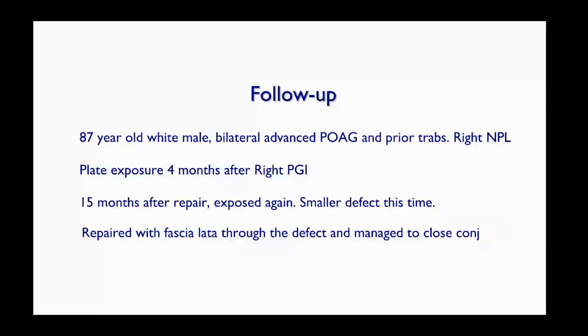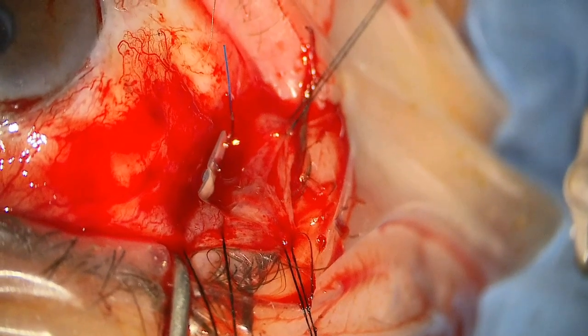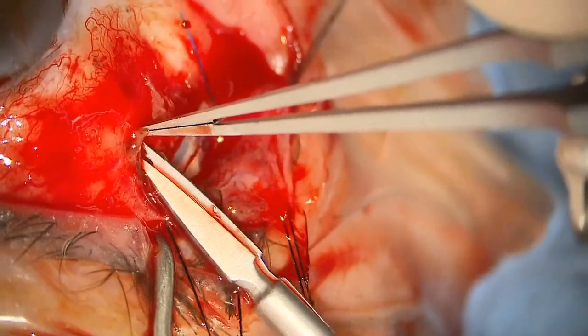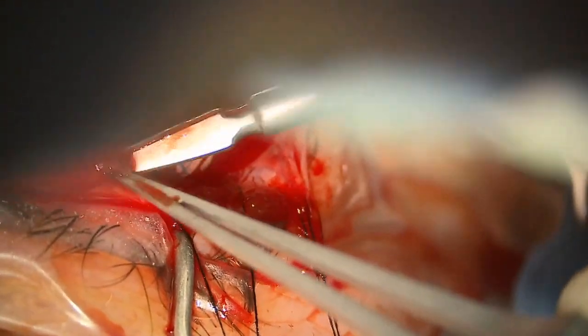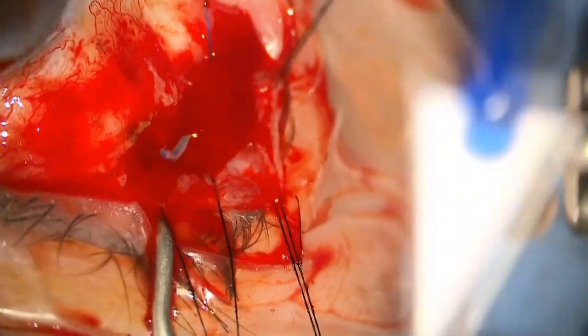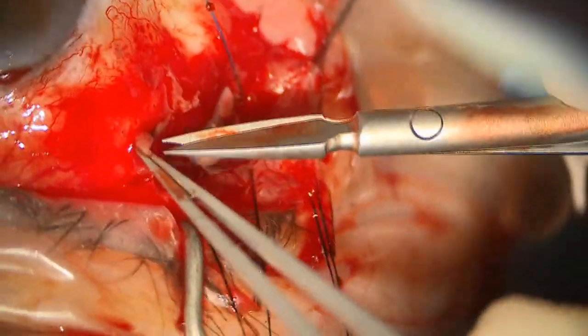Stuffing the thing through the hole. This 76-year-old female had a detachment, post-vitrectomy glaucoma, and plate exposure 9 months after PGI, and again it was really tight. The plate position wasn't bad, so I didn't move it. I used one of my favorite techniques here, which is to put in a whole lot of traction sutures to pull the tenons back, proptose the globe a bit,